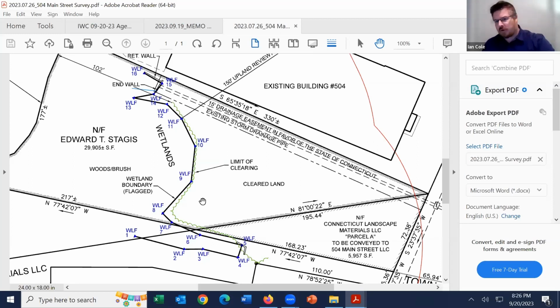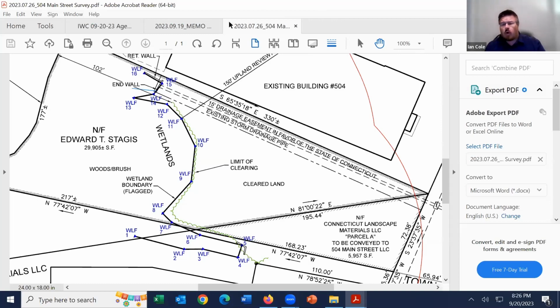They culverted that water course, and so all the land, all the upland within the upland review area on this lot, is all urban land soils. It's basically manufactured land that dates back to when the building was originally created in the 50s, and then again in the 70s with those drainage improvements and closing in some of those stream corridors that discharge into the floodplain there. Last Friday, I went down there with Val, and at one of the commission's requests,